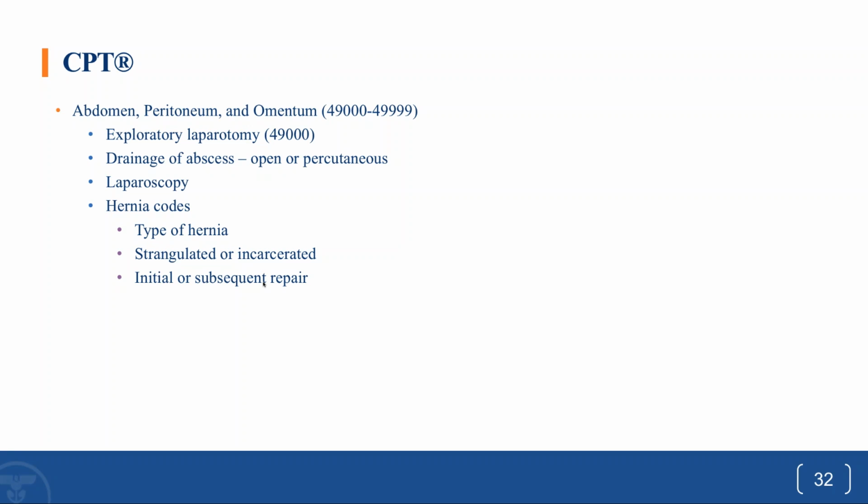Right? And then we spoke about hemorrhoids, right? Need to know if they're internal or external and how many columns or groups. And then we spoke about appendectomies, knowing whether they're performed open or laparoscopically. And the last thing I have here that I didn't cover was on page 304, and that is the liver